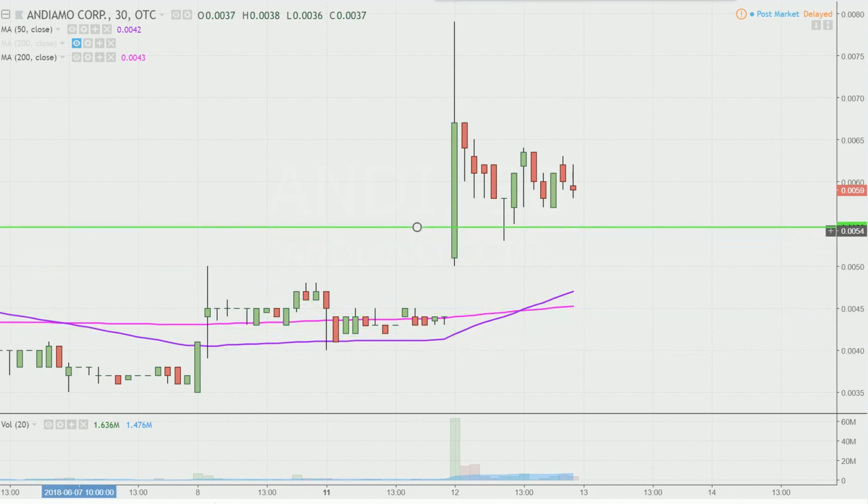And this new area is what I would call the ideal level of support. When you say, hey, Clay, what would make this chart look the absolute strongest going forward? That would be if the price can now stay up above 0055. Now, don't get me wrong. If the price falls below 0055, by no means am I saying the entire chart's ruined or anything like that. But yeah, if the price can manage to stay up above that level, that would certainly be a huge sign